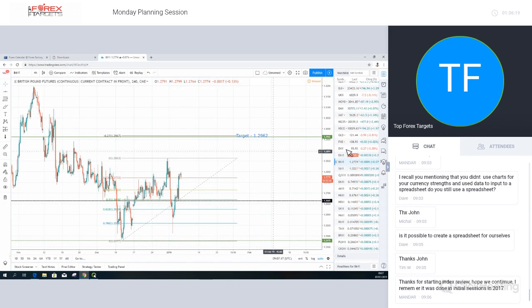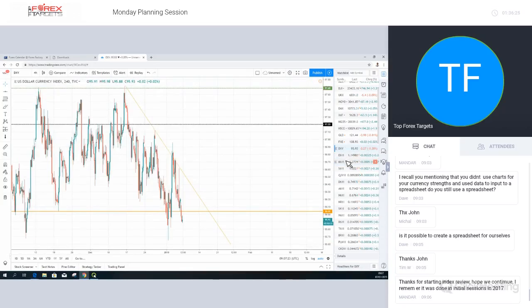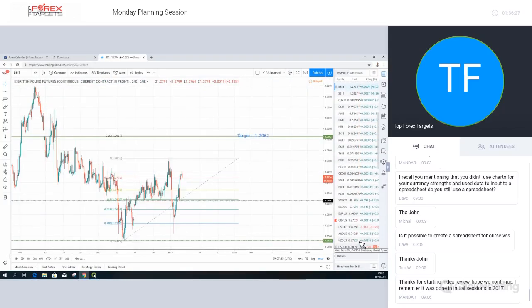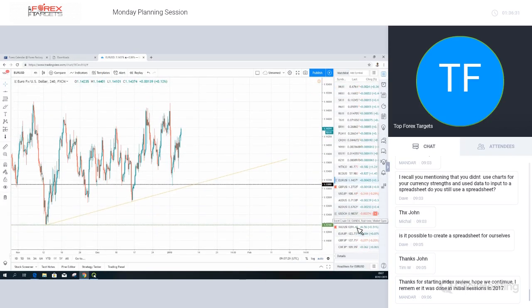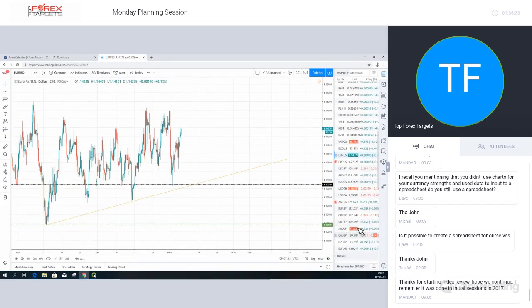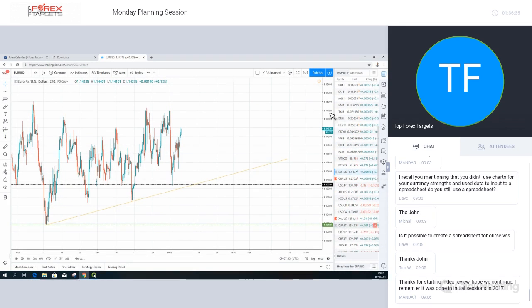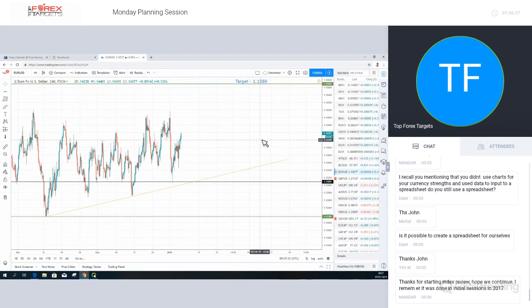Okay, pound is strong, so you can see pound to the upside. We can start to consider pound dollar to the upside. We can consider euro dollar to the upside as well, but the reason we haven't looked at it is because if you look at the euro pound, the euro is weaker than the pound. So we want to be involved in the strongest currency against the dollar, which at the moment is looking like the pound.